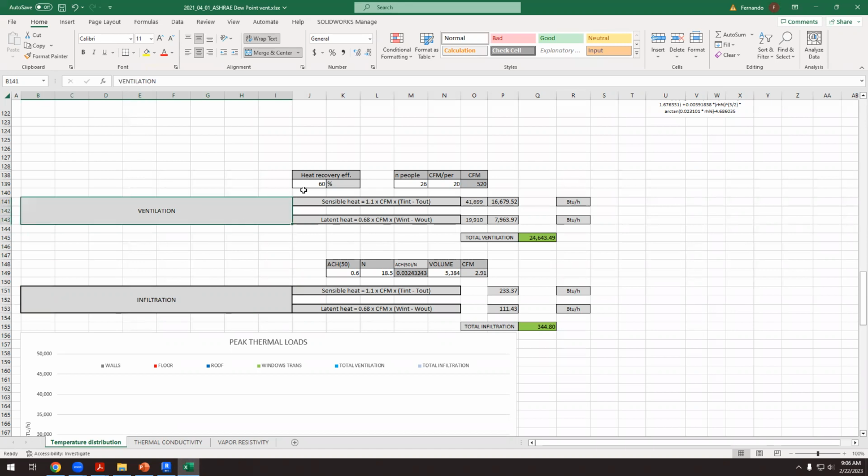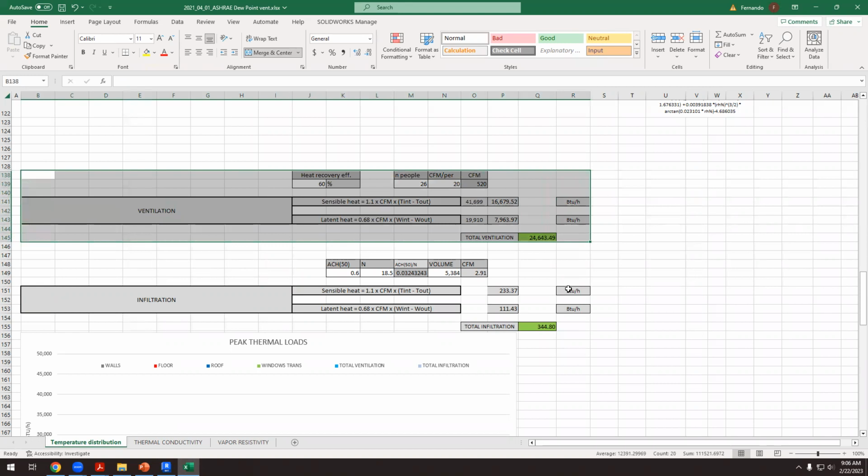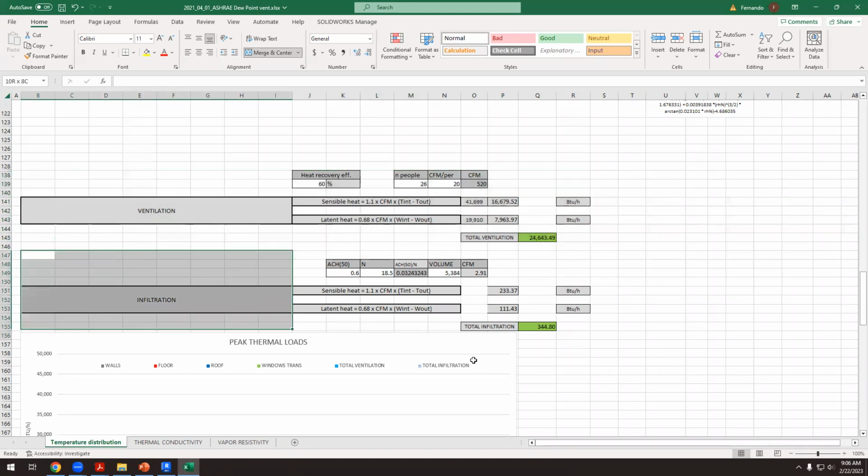But in terms of ventilation, according to these numbers, Revit has considered that we have a 60% heat recovery efficiency. So in ventilation, there is no room for improvement. In infiltration, there is, by considering the infiltration rate at the passive house standards. Okay,